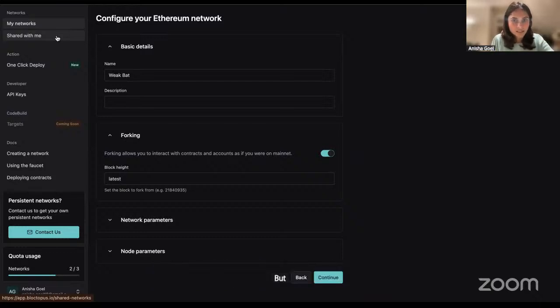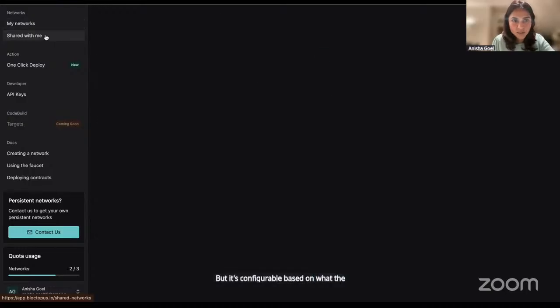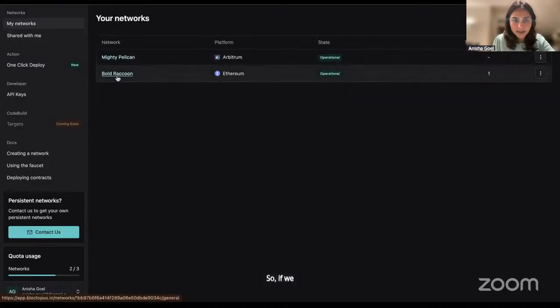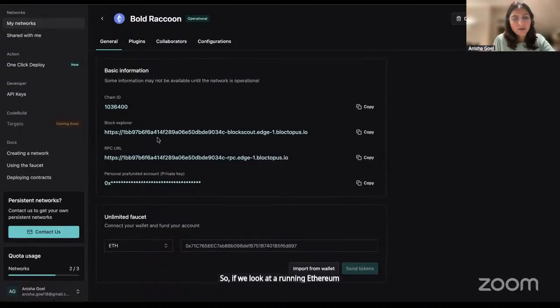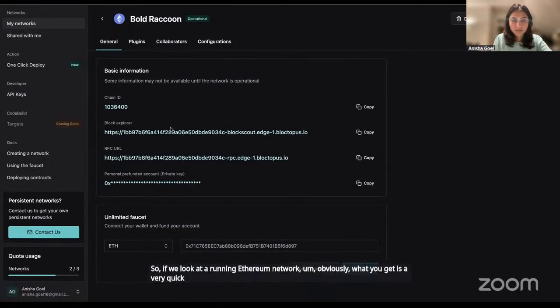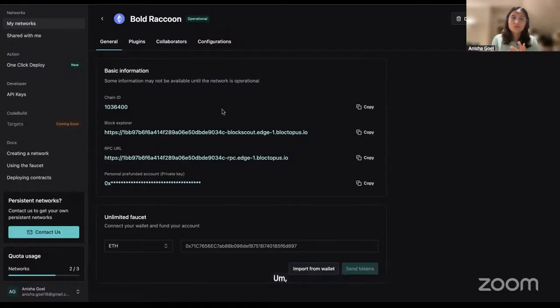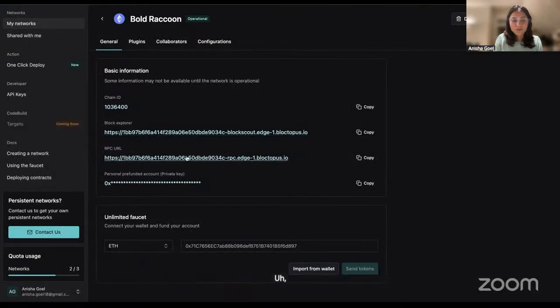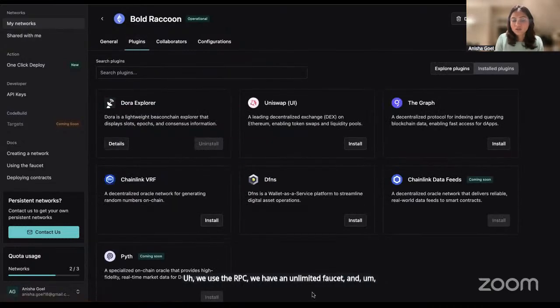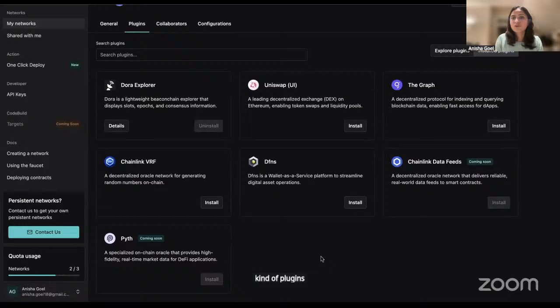But it's configurable based on what the developer wants. So if we look at a running Ethereum network, obviously, what you get is a very quick sandbox, a block explorer. So this is where all of the catalog that I showed earlier is used. So we use, for example, the Block Scout package for running the block explorer. We use the RPC. We have an unlimited faucet, and there's lots of kind of plugins which allow you to